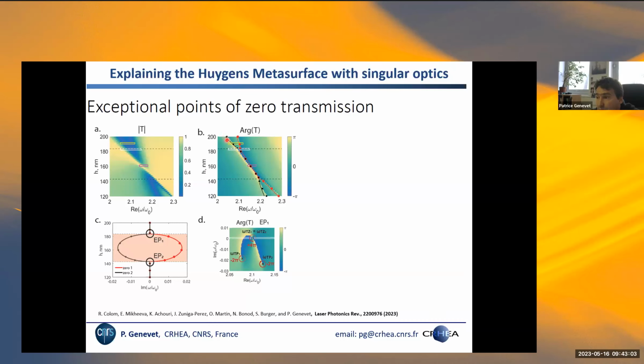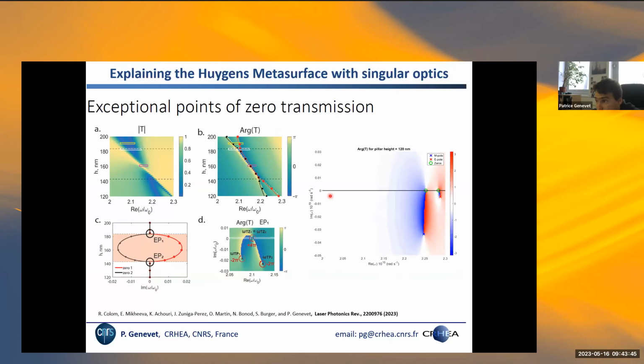What we are doing here, we are following in this line the real frequency of these zeros and the imaginary part of these zeros. You see that the real frequency of the zeros eventually converge to this point. They remain the same and then they split again. And if you look at the imaginary part, the imaginary part was equal to 0, the zeros were on the real axis, up to the point where we enter into this regime where the imaginary part and the real part are superposed. It's called the exceptional point, a topological phase singularity with phase that is essentially varying from 0 to 4 pi, because the 2 zeros collide, if you want, and then they move complex conjugated away and they recollide past this regime.